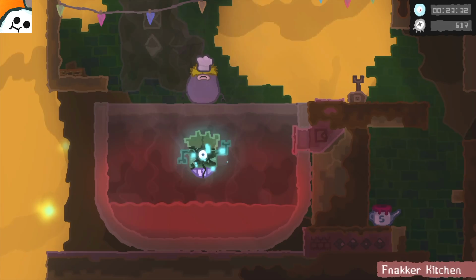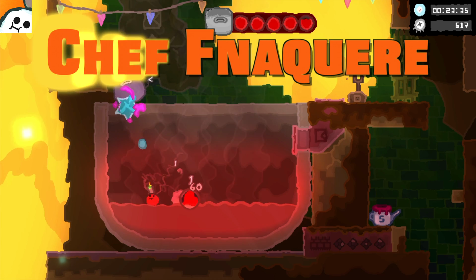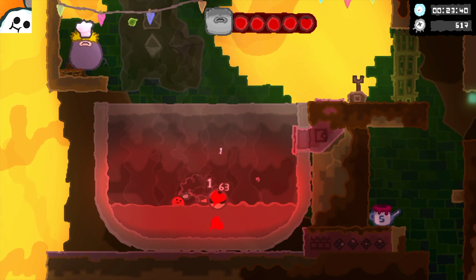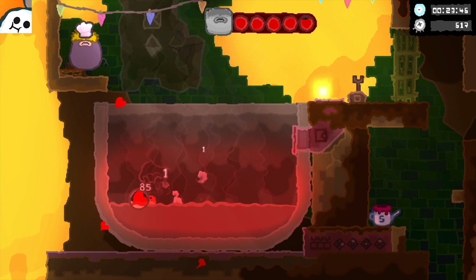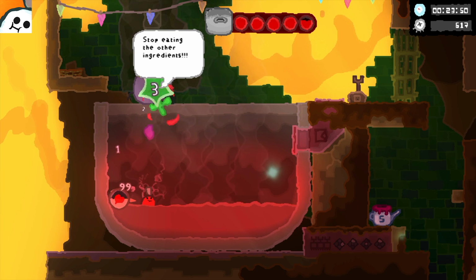Now here's Chef Fnakkere, and if you can make it here with some health and your healing item, you're good. You're in your home stretch. As you can see, at the start of the fight, he will throw down onions that you can eat, and as you eat them, your health is going up. Yay! I like to stay in the bottom of the pot and heal up quite a bit, and every time